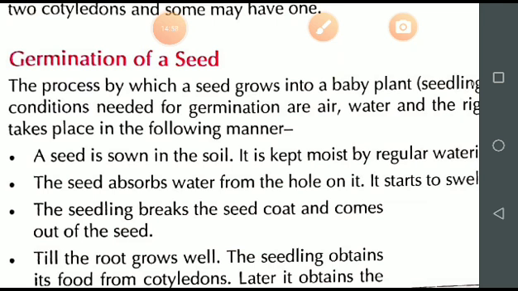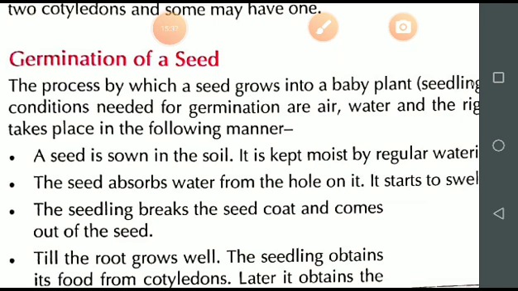Okay, if the soil has nutrients, because when I explained to you the function of roots, at that time I told you roots absorb water and minerals from the soil. It means water and minerals are present in the soil and roots absorb this. So the third condition which is given is nutrient rich soil. If in the soil there are good nutrients, then there is good growth of the plant. Next, sunlight.